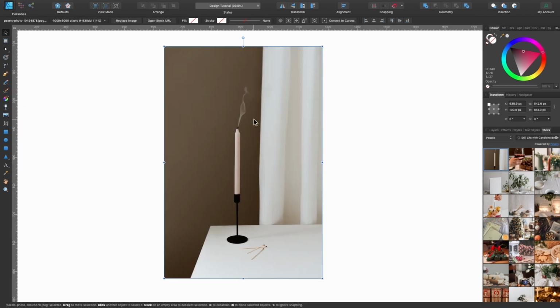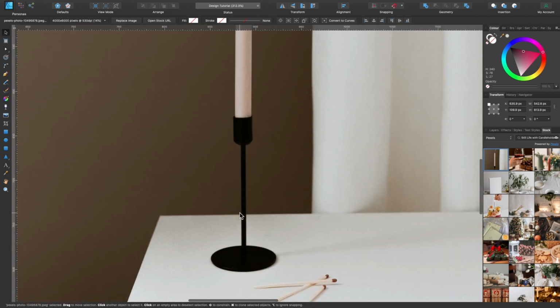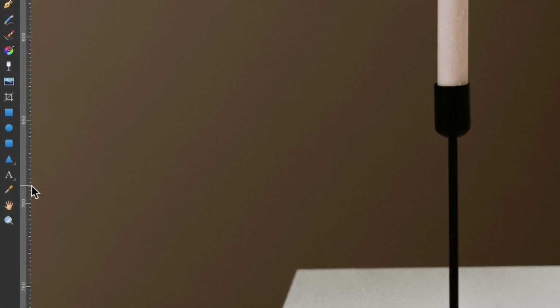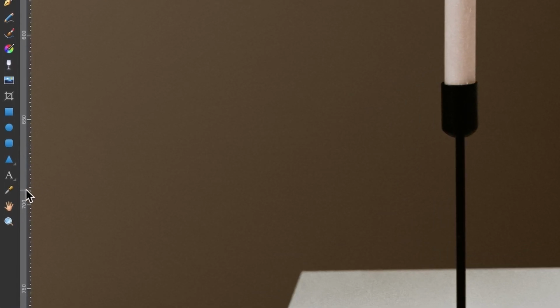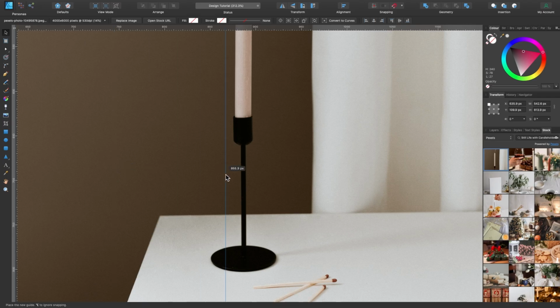So let's have a look at this photo that we've got. The first thing I'm going to look at is to make sure that it's vertically aligned, as it's going to help when we recreate things, especially this candle holder here. So I want to make sure that that is completely straight. I'm going to go to the ruler on the side there, and click and drag out a guide.